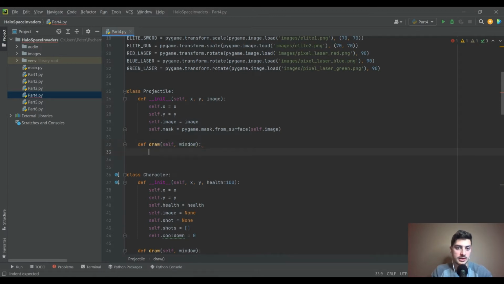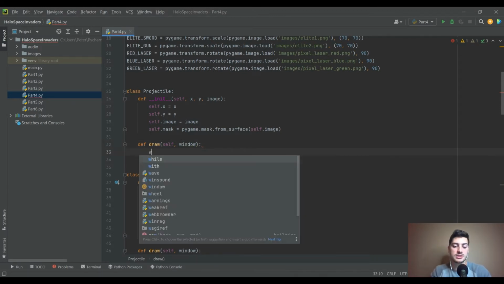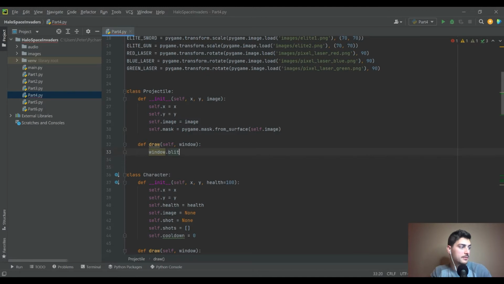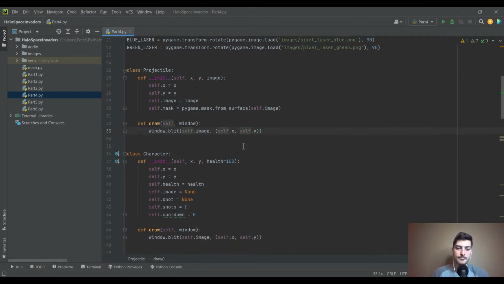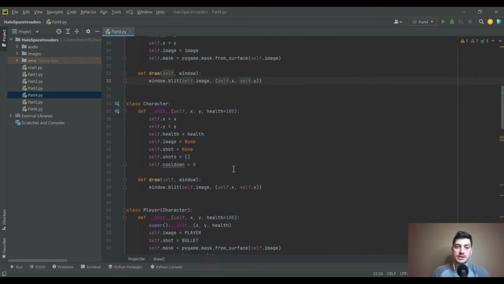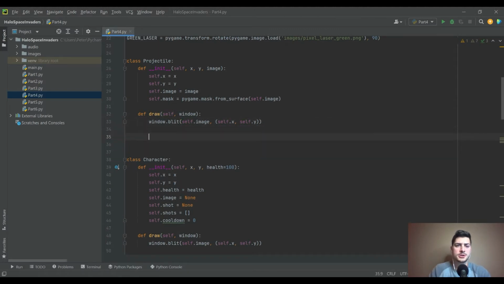So just like the character, we're going to use a draw function that's just going to be window.blit, and then we're going to put the image on at our X and Y coordinates. That should feel really familiar if you've been following along with the series. We've already got that exact same draw function inside the character class, but because the projectiles are going to behave quite a bit differently, it doesn't make sense to use the character class as a parent class for these in the same way it did for player and